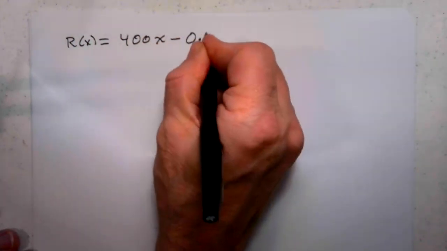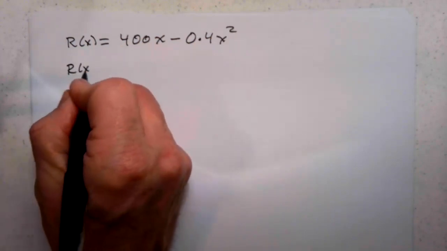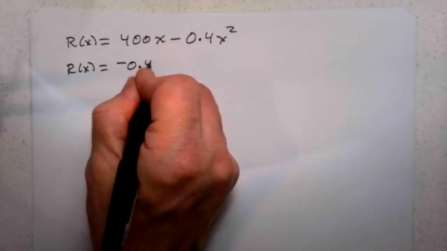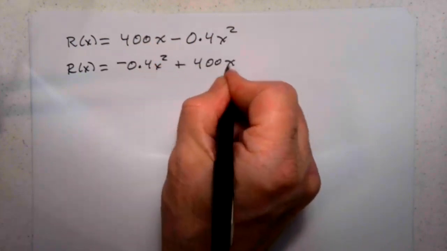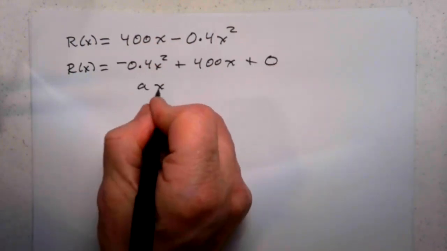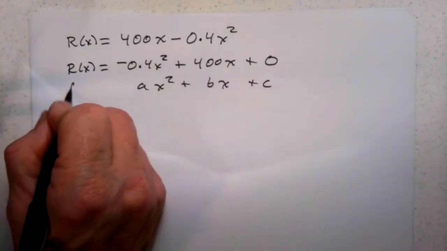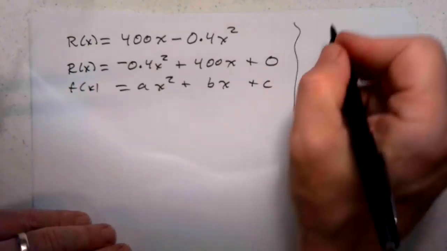minus 0.4x squared. Let's switch the order. And let's write this as R of x is negative 0.4x squared plus 400x plus 0, just so it fits our same notion of ax squared plus bx plus c. If we have a quadratic function f of x is ax squared plus bx plus c, the vertex,